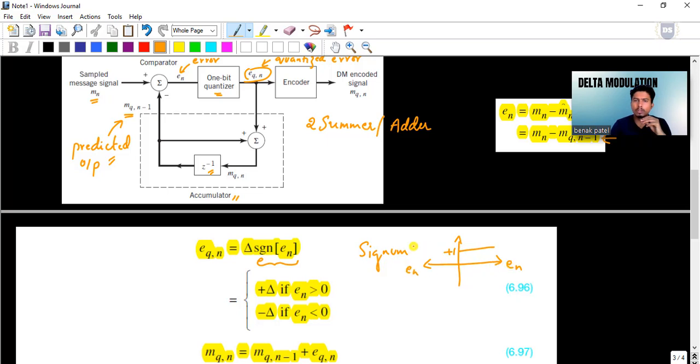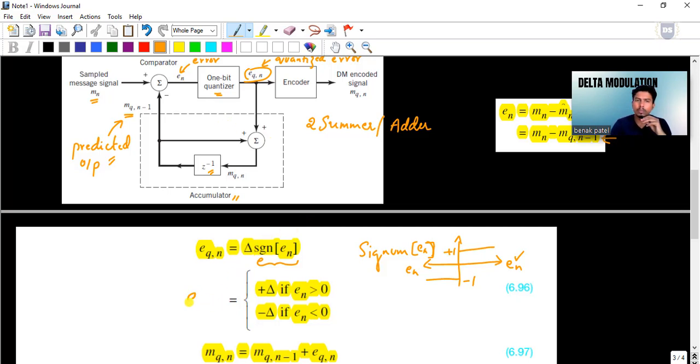So the signum function of En can be thought of as a signal that takes on +1 amplitude for positive values of En, and it takes on a value equal to -1 for negative values of En. So depending upon the value of En, whether it's positive or negative, the sign of this delta will be decided.